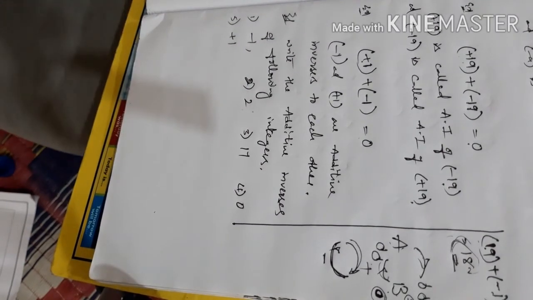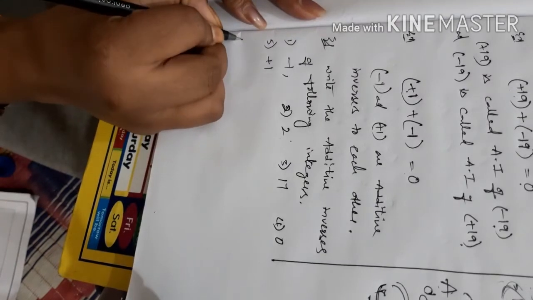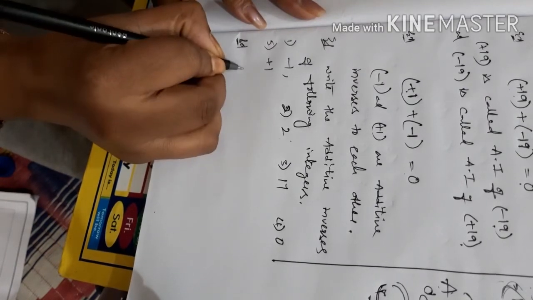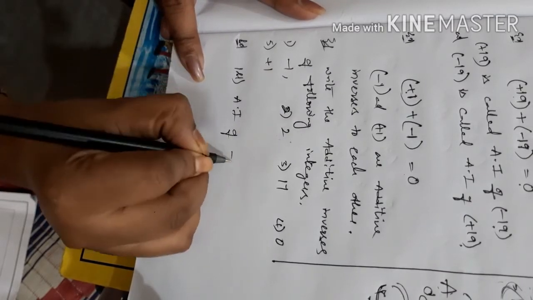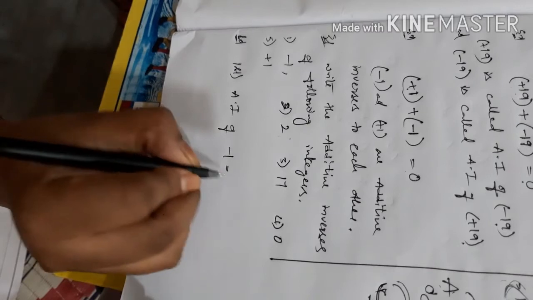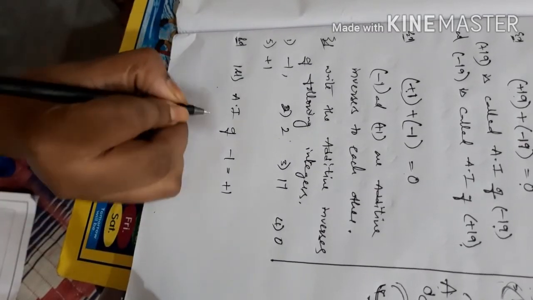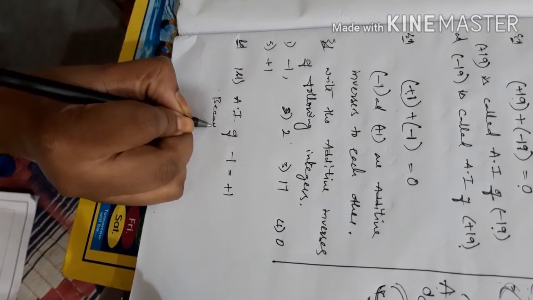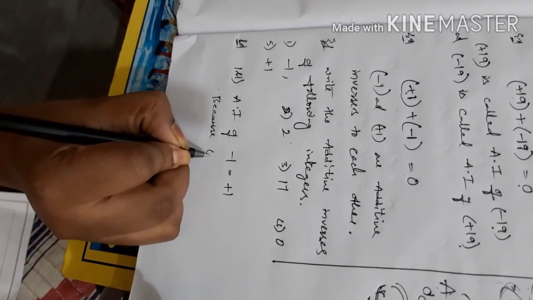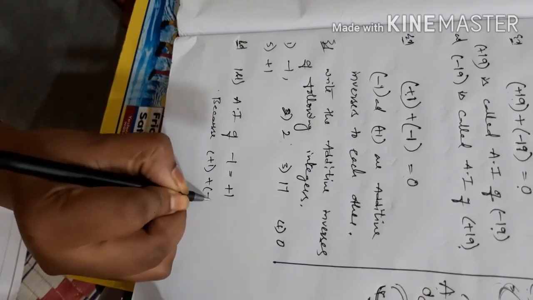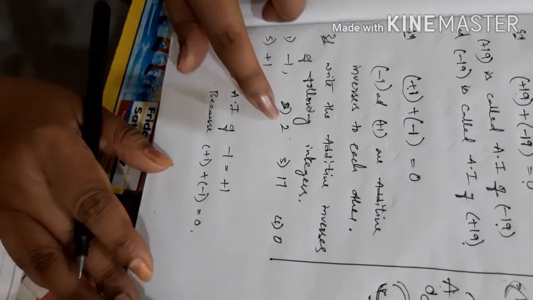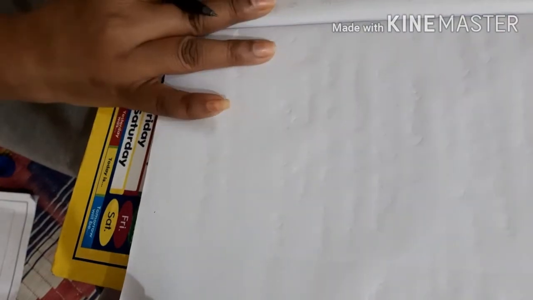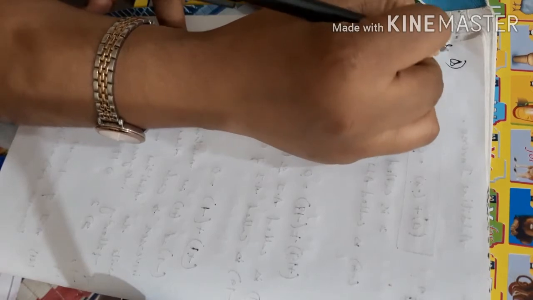Okay, now see here the answers. Solution. What is the first solution? Additive inverse of -1 is equal to what? Obviously +1. Why? Because +1 and -1, if you add, you will get 0. That is why. Now what is the second question? 2. Second solution.